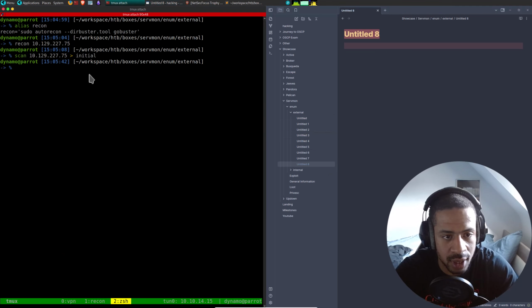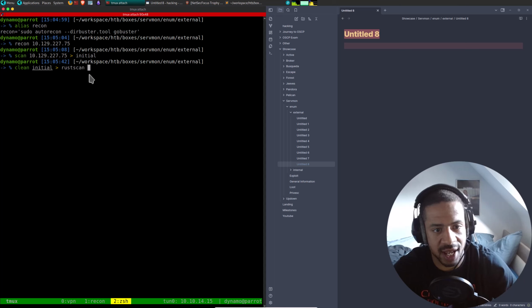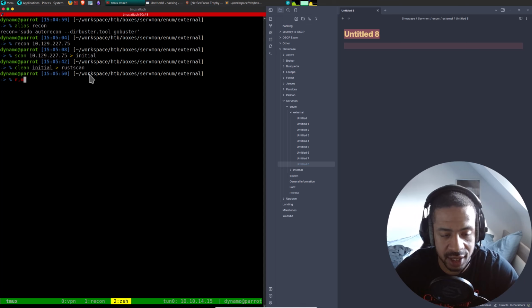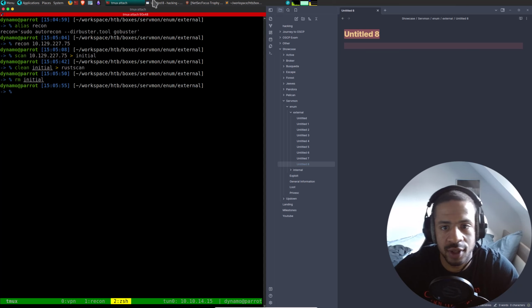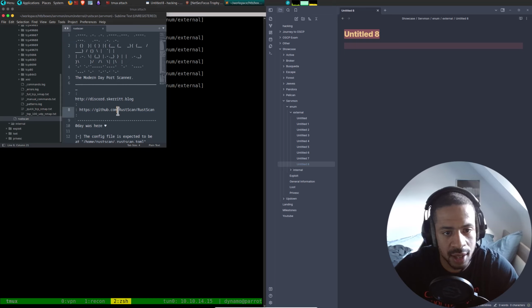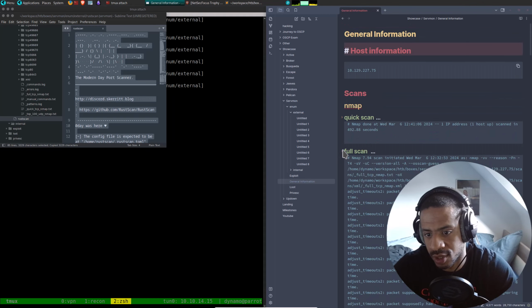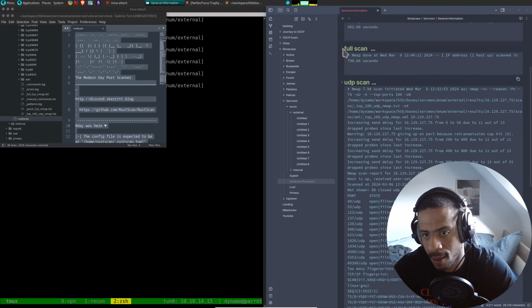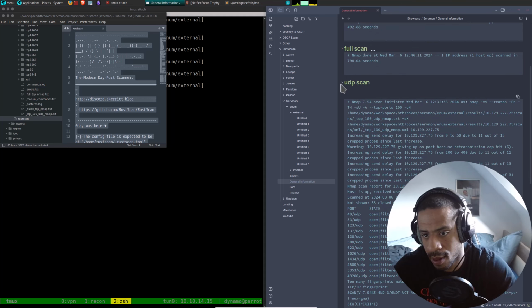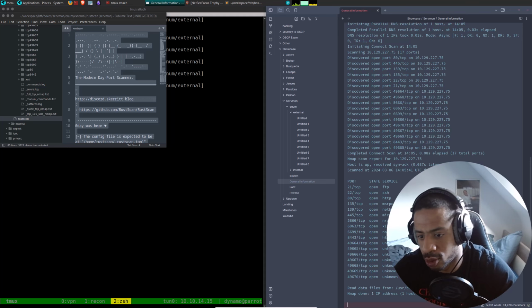Like so. Let's clean initial and call it Rust scan, like this. Remove that, take this and paste it into Rust scan. Like this. So we got a bunch of ports.